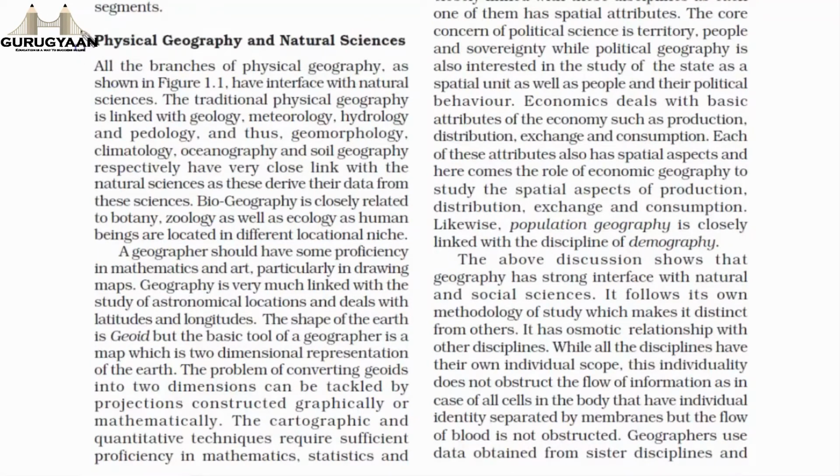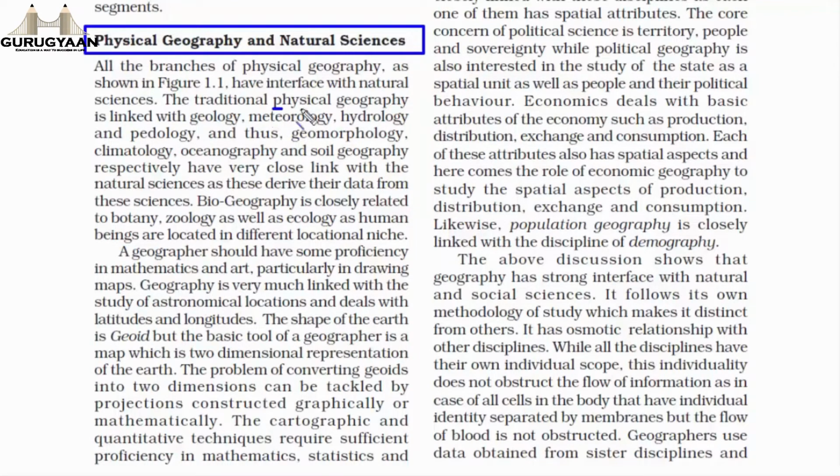Now we are going to read about physical geography and natural sciences. Remember, the meaning of natural science is related to physical features, and then there is another one which is called social science, which is related to economics, population and all those sort of things. So under this topic we are going to purely read about all the natural and environmental activities that have taken place over the course of a long time.